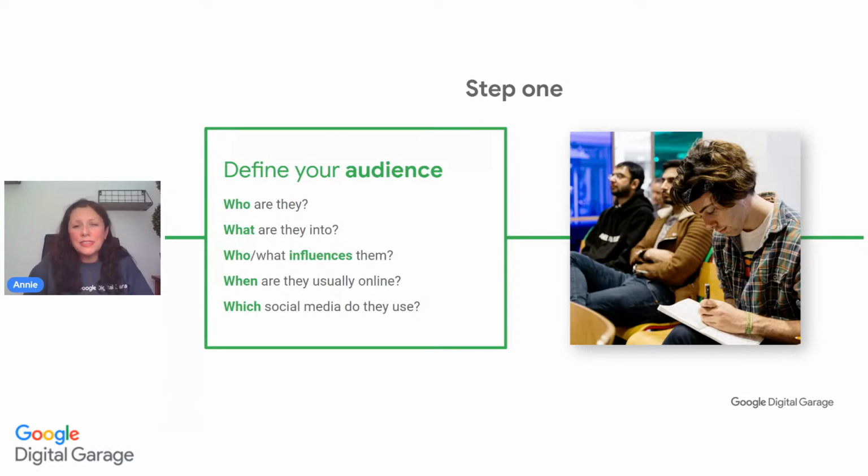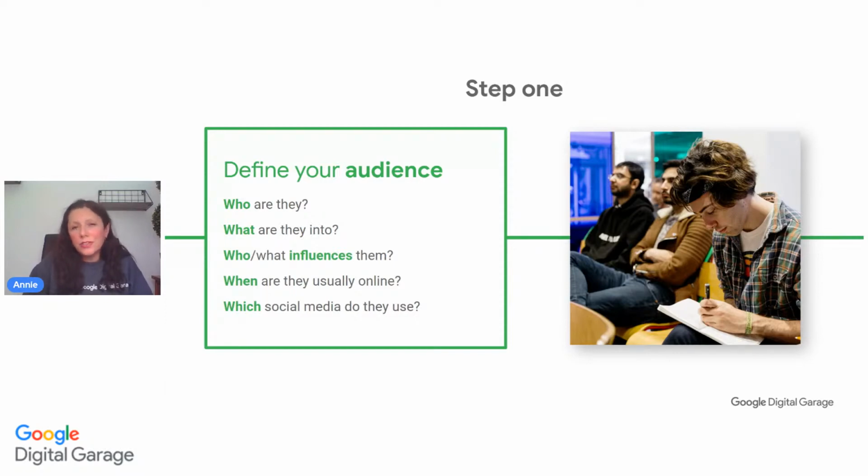What or who influences them? By knowing this information as well, we're able to maybe create relationships with people that will matter to them, who might influence them further. And again, that time of day, knowing when they're online, is a useful tool for us, and we can find that out from our insights. But also we might ask people directly for this information, which we'll talk about in a moment. And which social media do they use? So social media, again, we need to know what